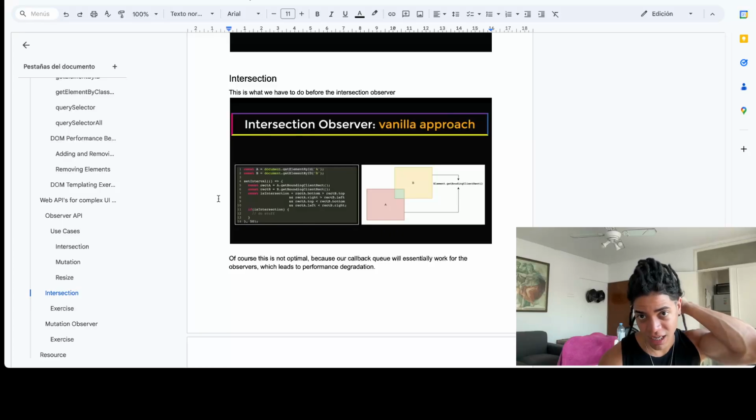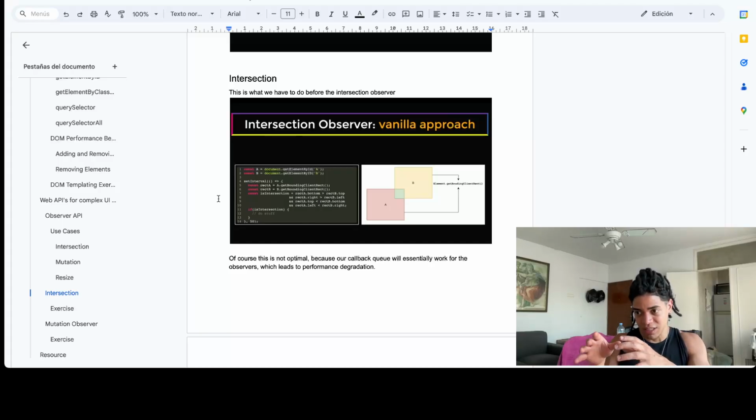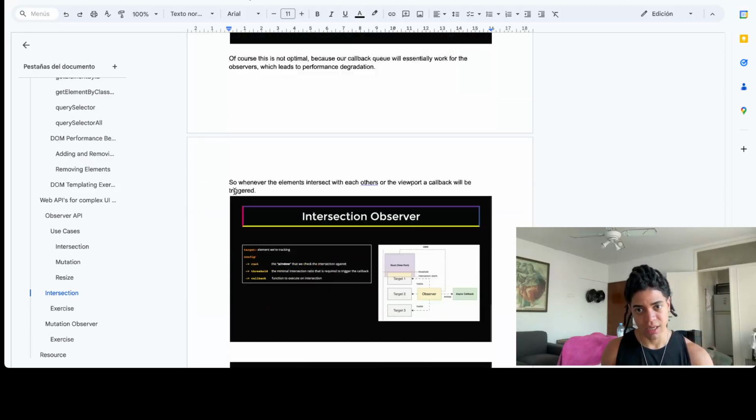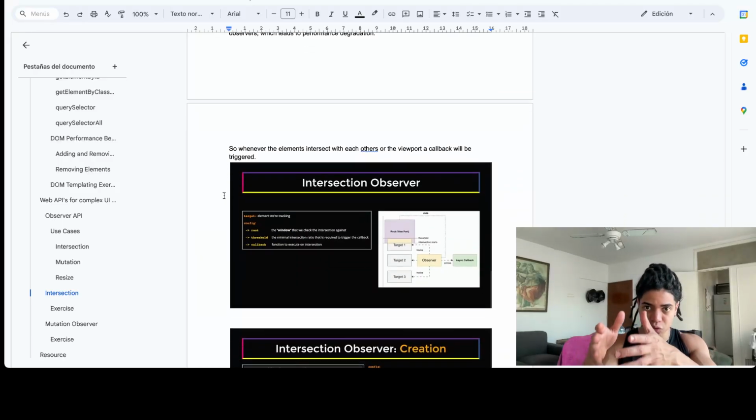Because that is something that is of course not performant, because now you're using the callback queue exclusively for handling these observers or these intersections. Now the spec developers say, hey, it is better for you, so we're going to provide you now a particular queue to actually look up at the